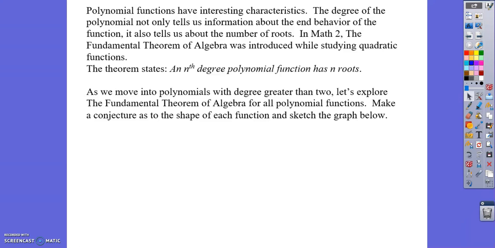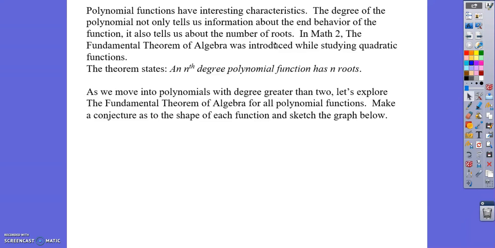So yesterday, when we were graphing in class, we were multiplying linear factors to create the polynomial functions. And so we were able to look at the roots and go that way. So this number of roots bit, we started to talk about how many roots a cubic will have. So we know a cubic has 3 roots, and a fourth degree polynomial has 4 roots, and a quadratic function